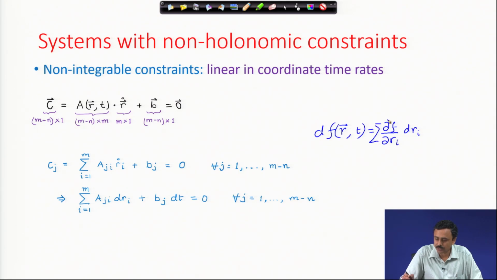This must be summed over i, where i runs from 1 to m, plus the partial of f with respect to t times dt. This is the total derivative,